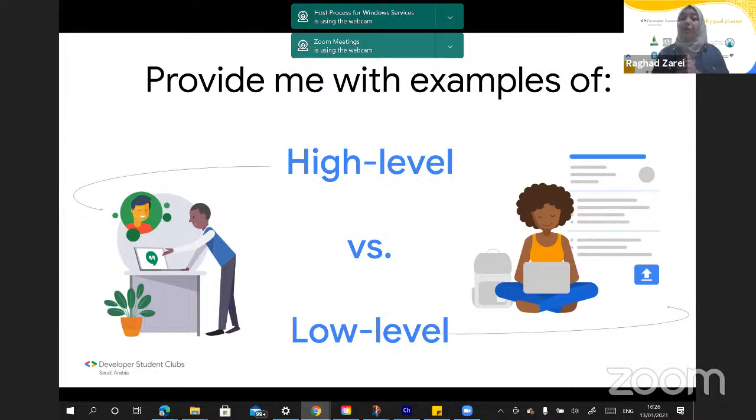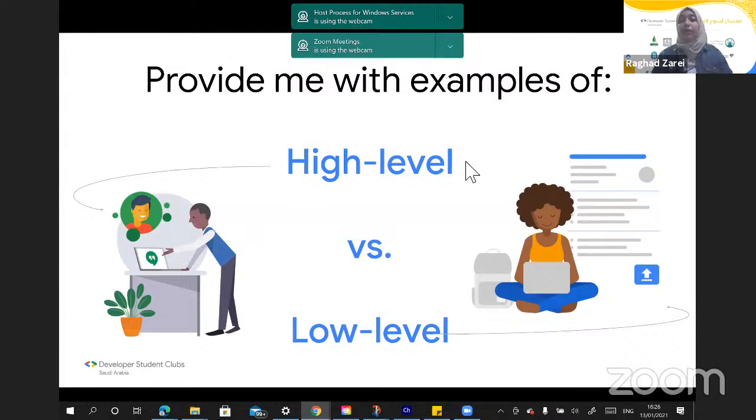Can any of you provide me with examples of low-level languages and high-level languages? You can jot them down in the chat. I'll be checking. To give you an example, the thing we wrote right now, the assembly language, the machine codes, all those are considered low-level languages. But the high-level languages are the ones you hear about all the time. Python, Java, C++, all those other languages you hear about, all those are considered to be high-level languages.